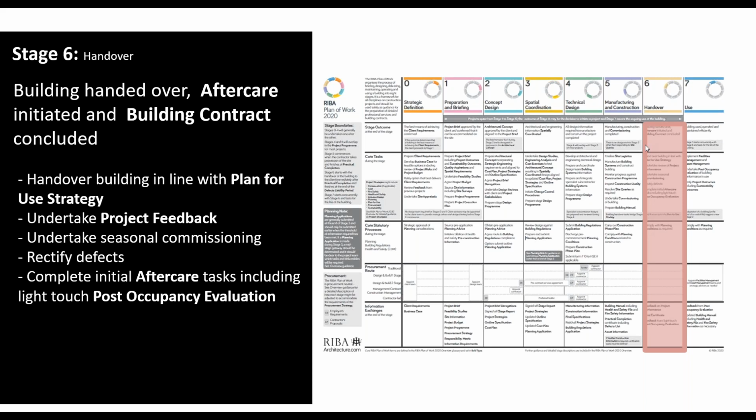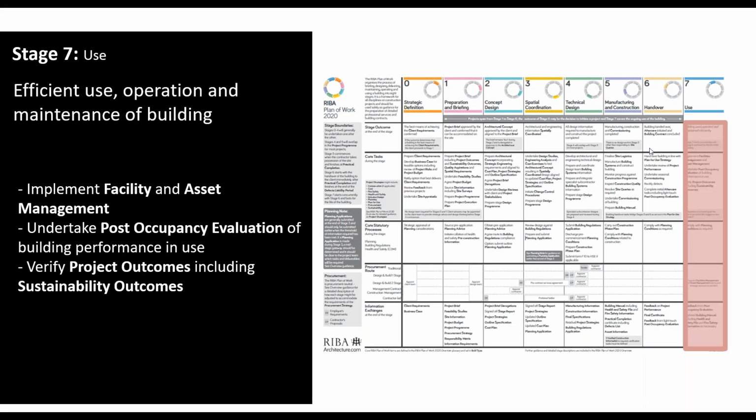Next slide. And of course, finally, I think a really great move with the RIBA plan of work is that we acknowledge that the client uses the building now, and really this is the client space, stage 7, really trying to look at how do I take all this data to manage the facility. And increasingly smart building technologies will be used to try and keep driving down that operational carbon.